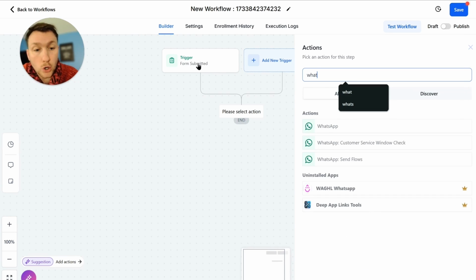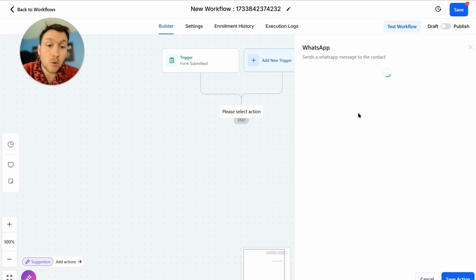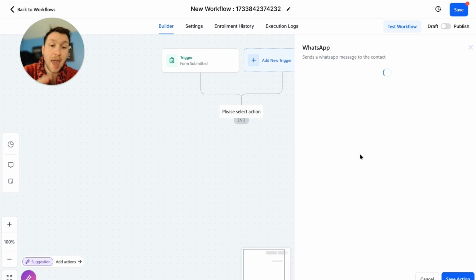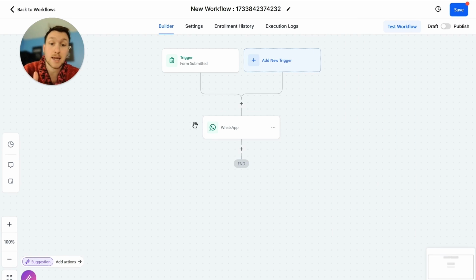You immediately want to start with WhatsApp, okay? And you're going to want a template that is like, here is the instructions. So important, you want to send them instructions. You want to have it very basic, very simple, and you're going to pick a template that would be that. So it's like, as soon as you get in, it's like, hey, here's your onboarding link,